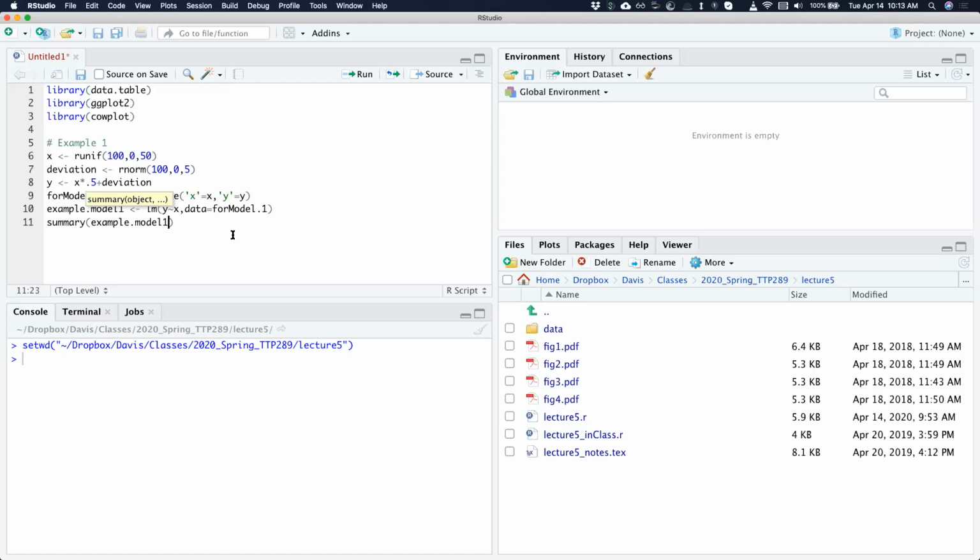Okay, so hopefully, especially if you've reviewed some of the notes from last time, this should be pretty familiar. Essentially, we've created an artificial data set of X's and Y's, and then we run a simple linear regression against it, and then the summary is going to give us